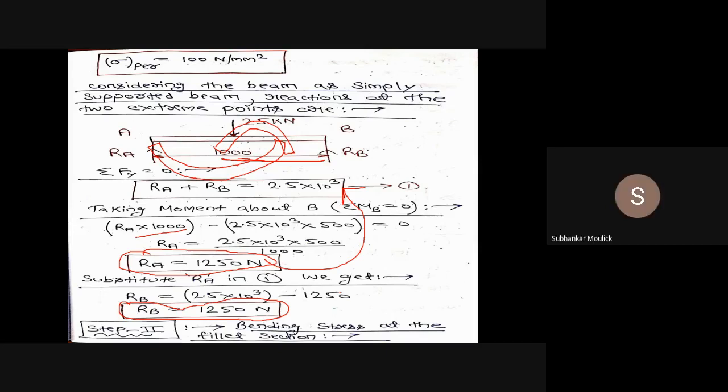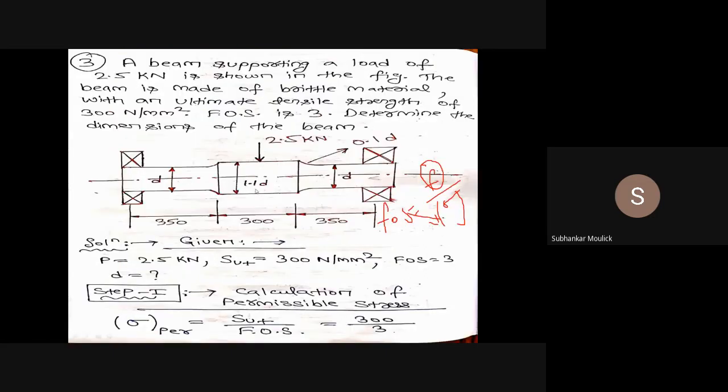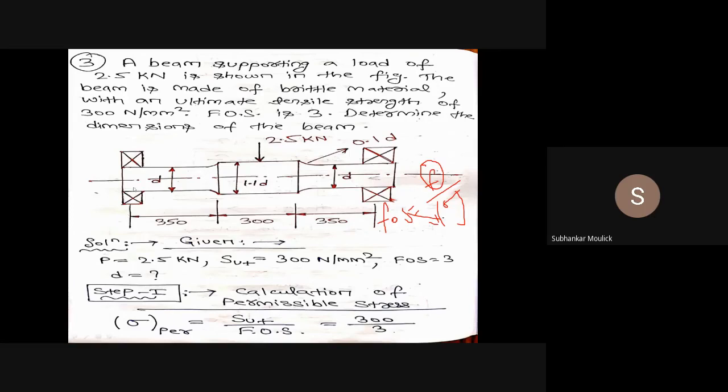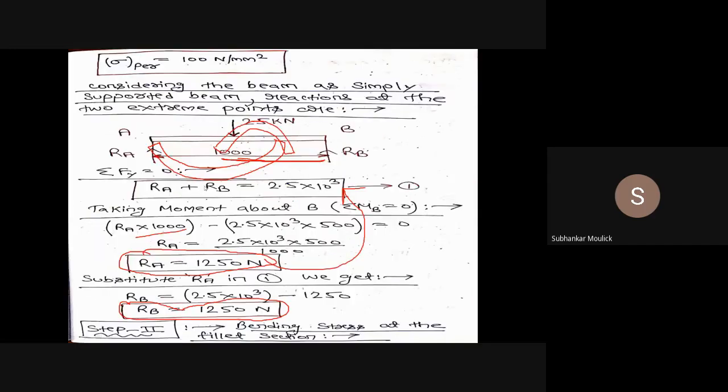Clear? RA and RB have come. Now since I have told you that in this problem bending is happening throughout, whether you take the fillet cross section of the beam or the middle cross section of the beam, bending stress will act due to this bending moment. The bending stress at the fillet cross section is your nominal stress, that is given by